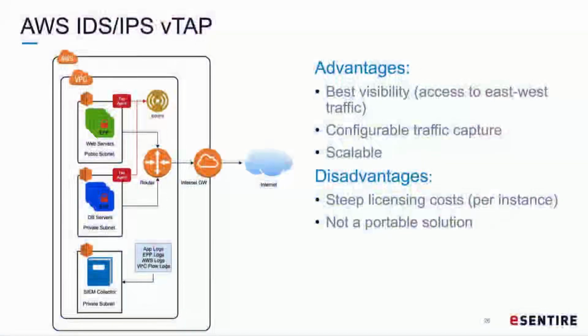The next one is fairly new, which is tap agents. So there's a few different vendors doing this right now. In Microsoft, they have something called a VTAP, or if you're looking at, say, Gigamon, they have a solution for it as well. But basically what it's doing is it's just taking the traffic and offloading it through other means rather than doing a port mirror or tap over to an IDS or IPS instance.